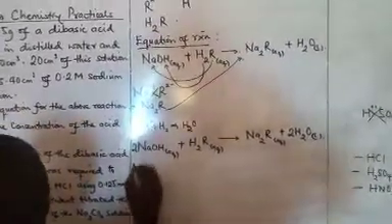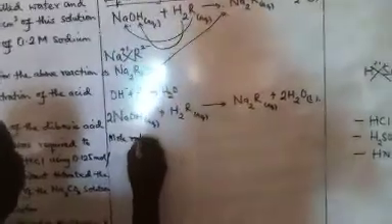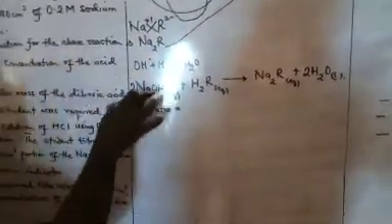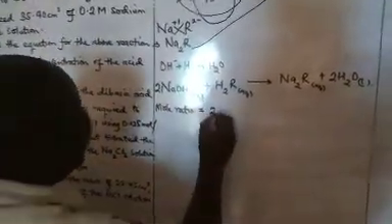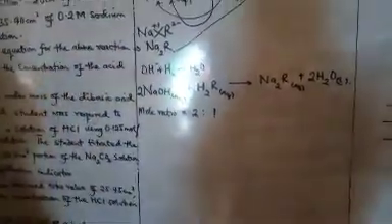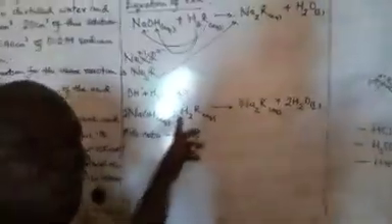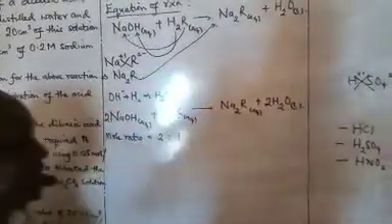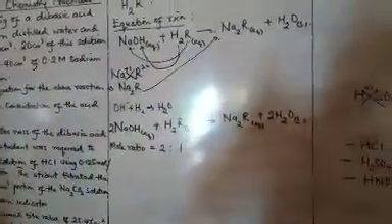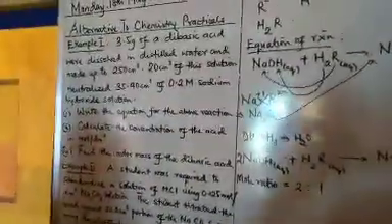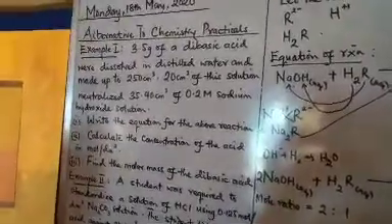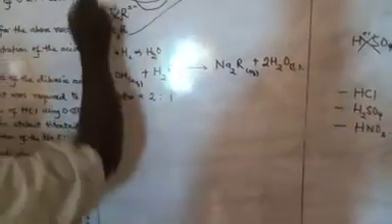So from here, my mole ratio will give me, this is the mole ratio of base to acid. Now, you pick from whatever you have in front of this here. You have 2:1. That is 2 moles of sodium hydroxide as the base and 1 mole of the dibasic acid as that. Now, having said that, we have written the equation and they said calculate the concentration of the acid in mole per dm³. Now, from this point, you will agree with me that you have in your question II, this is I, that you have